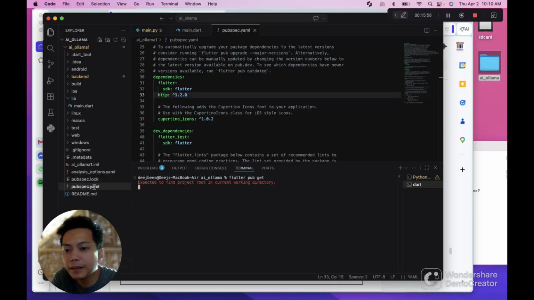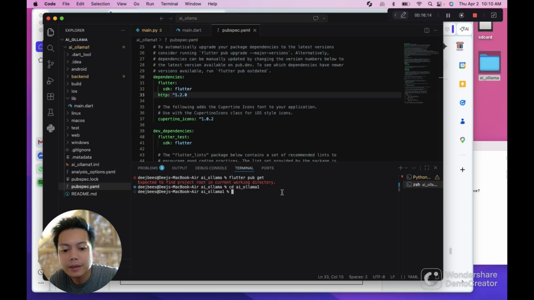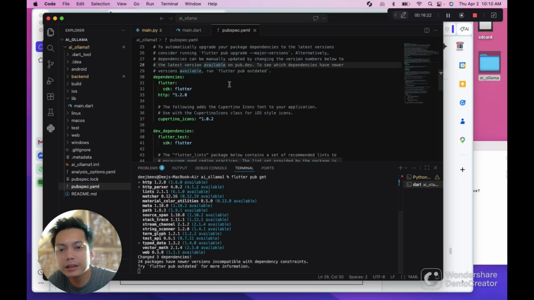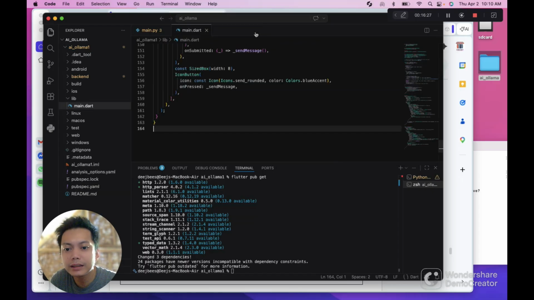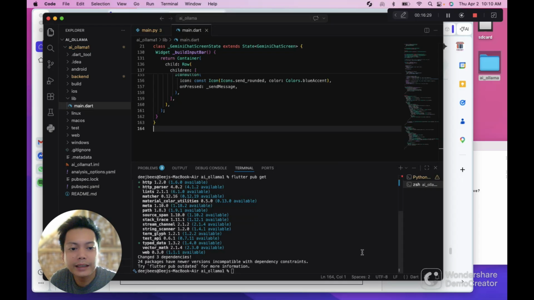So this one is to update the pubspec.yaml. Oh, okay. So we need to go inside this folder because we have a folder, then subfolder. So we need to go inside the AI Ollama 1 folder. Okay. Then flutter pub get. Okay, so it's now running. It's reading this and updating it. Okay, so I guess it's done.